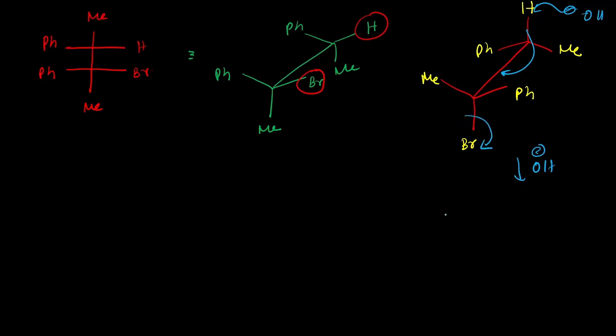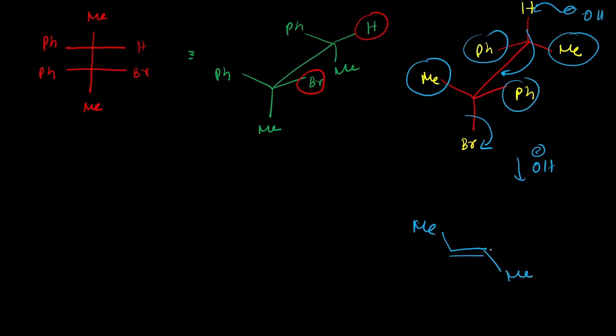group. So in the final molecule, two methyl groups are present in the opposite position, which is a trans stereochemistry, as well as two phenyl groups are at opposite position. So this will be our final product, which is a trans product. Okay, so initially from the Fischer projection we have to maintain a proper stereochemistry for the E2 type of reaction, and this is an anti-periplanar arrangement of hydrogen and bromine.